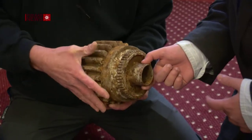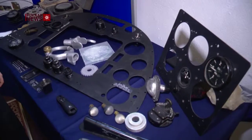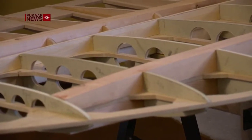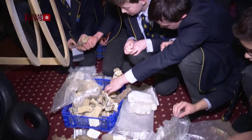Some of the parts are pretty significant pieces that are recognisable, pieces that will be seen inside the cockpit. And so what we're going to do with those is use them on our build. And that means that our replica of P9503 will have some original parts from the original. All the rest, and there is an awful lot of it, will form a permanent memorial to Paul Baillon and